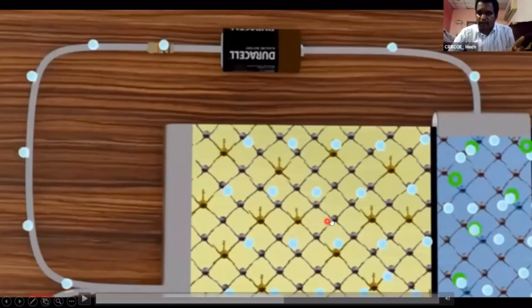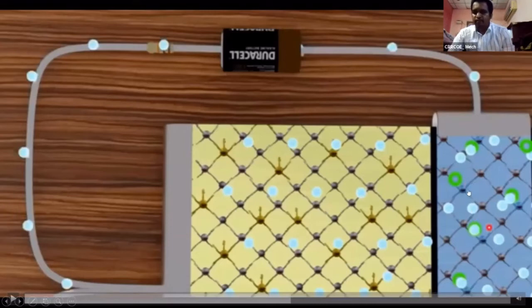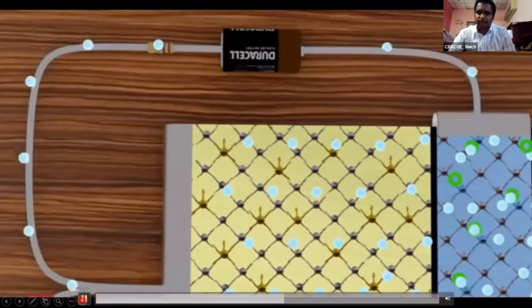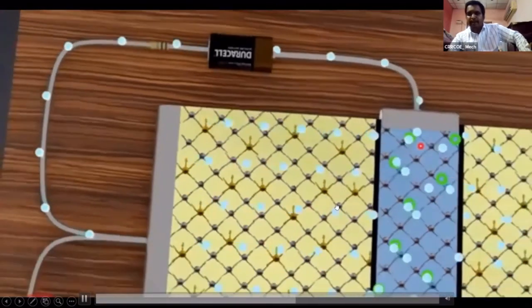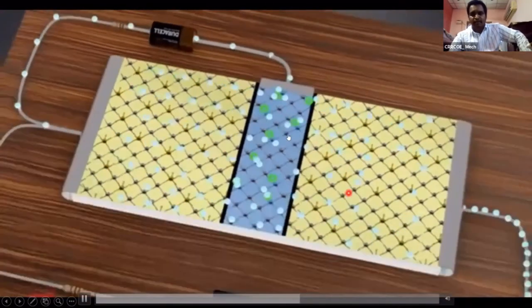Now the electrons from the emitter are entering into the base. Few electrons are jumping across the holes. Those are attracted towards the positive terminal of the battery. Here there is a flow of electrons. This is called base current. This is one part of the emitter current. Because the base is lightly doped, only a few electrons combine with the holes, and the remaining electrons which are placed in this P region are collected by the collector. Few electrons only move towards the base terminal, and the remaining electrons are collected by the collector because the region is very thin.